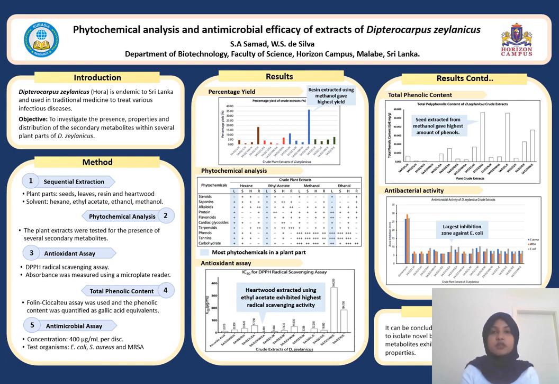Treatment from plant species gained popularity in the early 1900s. Since then, plants have been used as an inexhaustible source for commercially available antibiotics. Since antibiotic resistance has become a global threat, there is a need to find new and improved drugs which are effective against antibiotic-resistant bacteria. For this reason, I chose to research Dipterocarpus zeylanicus to find out the medicinal properties